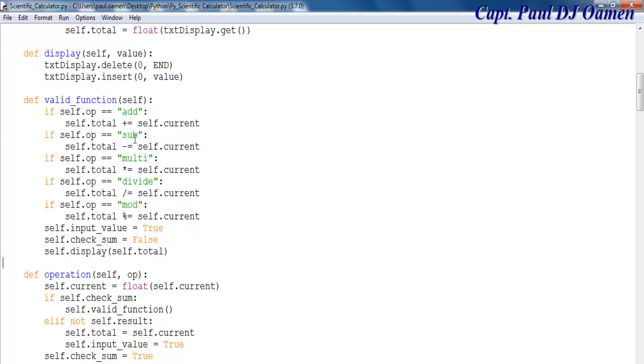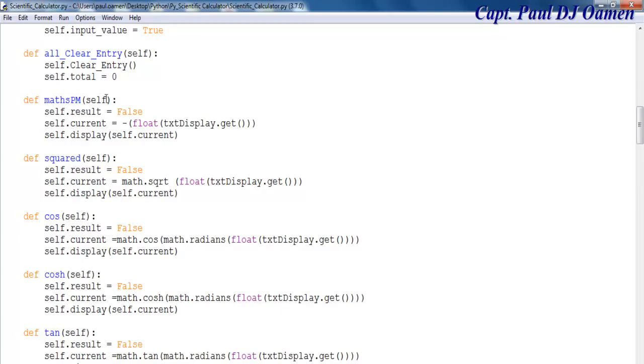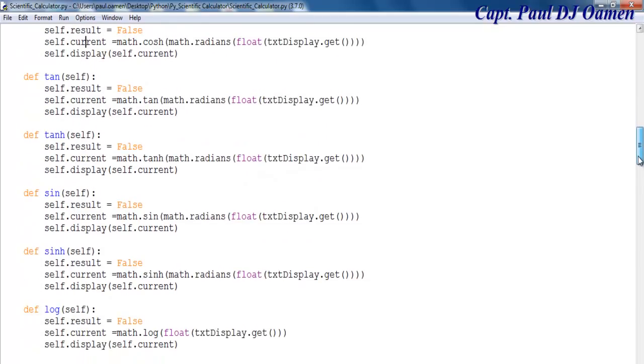Okay, add, subtract, multiply, division, mode, and the operators. We have the operators there. Clear, clear all. Functions for p and n, plus or minus, for square, cos h, and we have tangent h, sine h, for